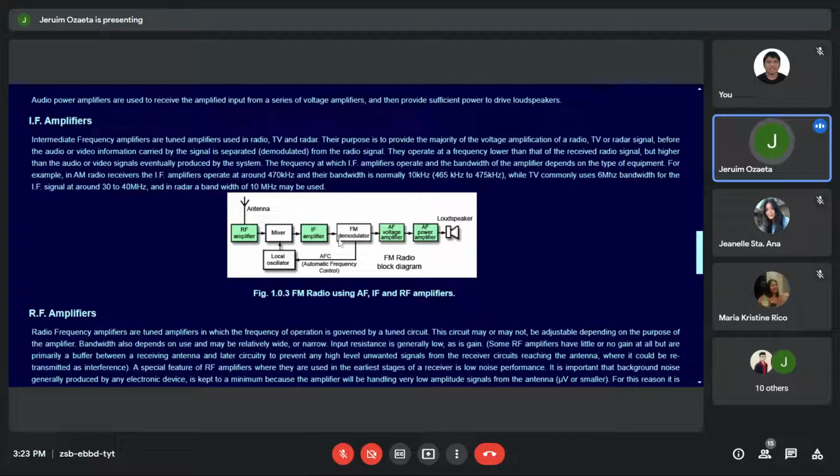Sa demodulator, pinaghihiwalay dito ang carrier frequency at ang audio frequency. So yung audio frequency papasok dyan sa audio frequency amplifier, at yung carrier frequency ay babalik sa local oscillator para makorek kung anong value ng how many hertz, how many megahertz will be produced by the local oscillator